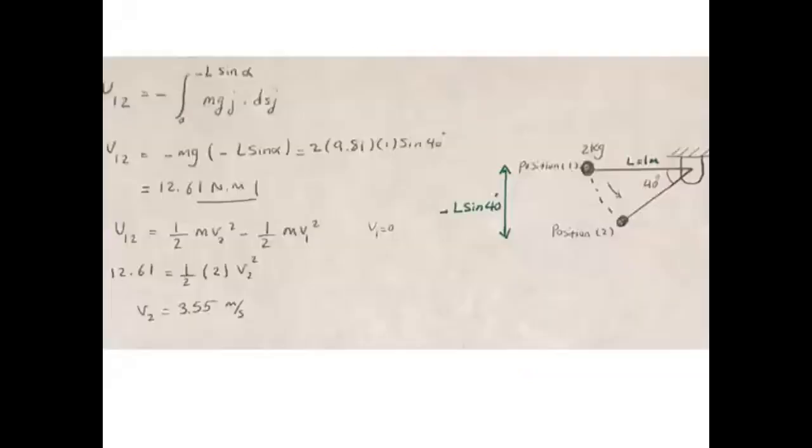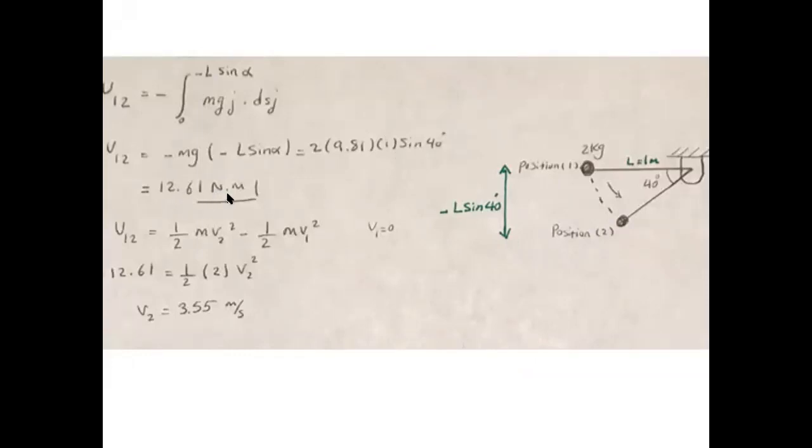Again, the work done by weight is independent of the path from 1 to 2. So the vertical distance between position 2 and position 1 is negative L sine 40 degrees, where L is the length of the string. Now we can find the work done on the ball from position 1 to position 2. The work is